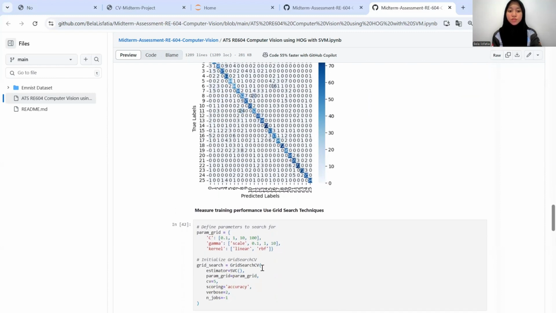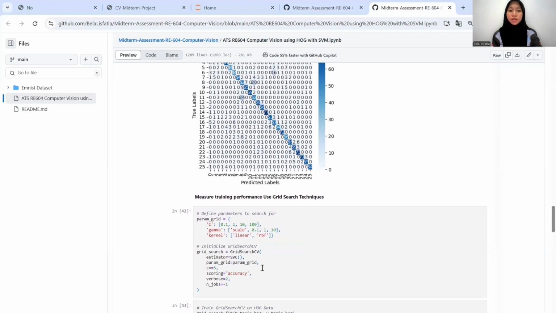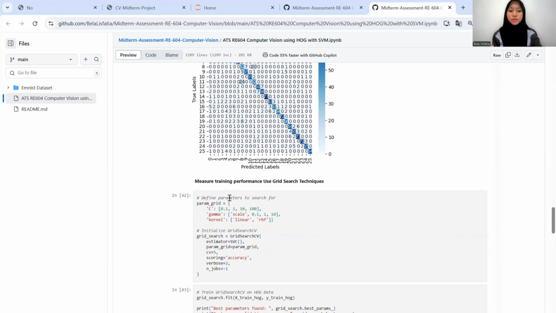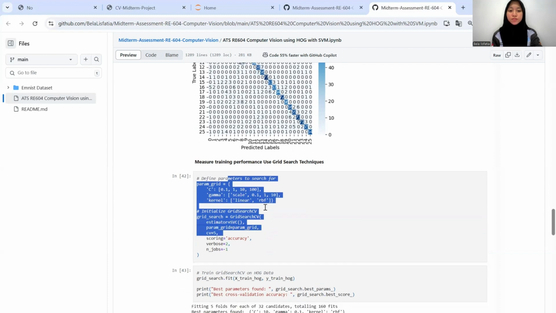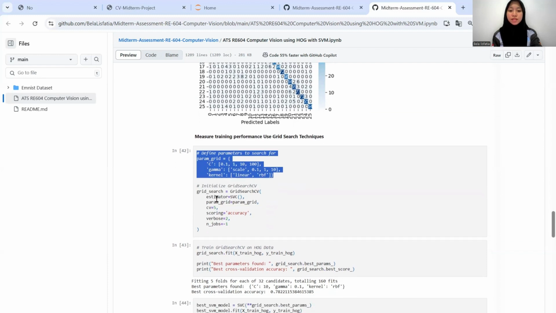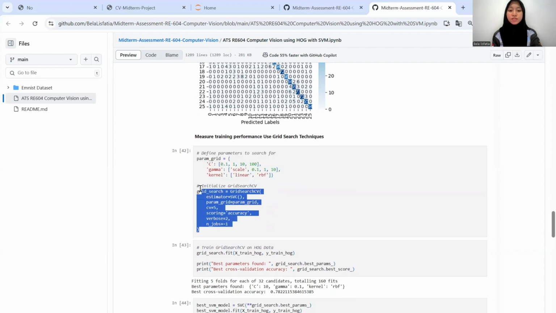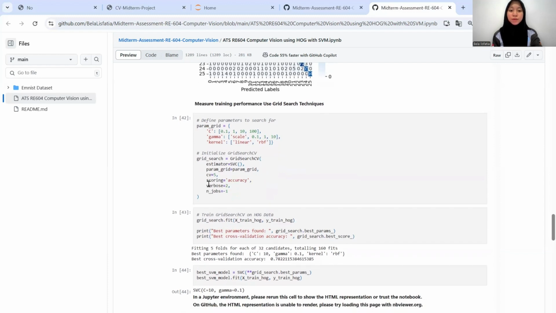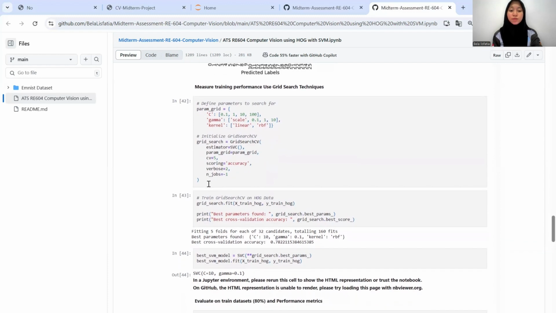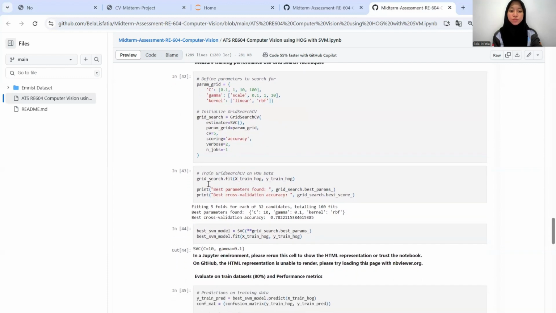After that, to improve the accuracy result, use grid search CV to find the best performance. First, define the parameters of the SVM like regularization, gamma, and kernel, and also initialize the grid search CV with parameters such as estimator, param grid, CV, scoring, verbose, and jobs.